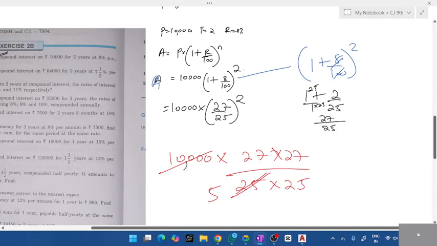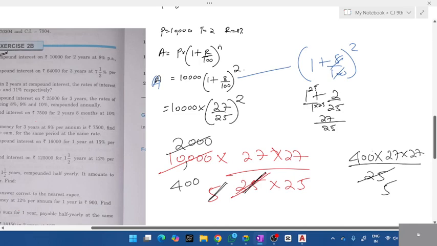Just take the first. All of you look at the calculation, students. I'll teach all this calculation part. Stop doing. Look at the screen. 5 5s are 25. Take the first one. 2000, right? 2000. Next, how many times 5 goes in 2000? 400 times. So 400 into 27 into 27. Write it as it is. Divided by 25. Next, reduce. 5 5s are how many times go? 80 times. Oh, yeah, 80 times. Next, 5 ones are